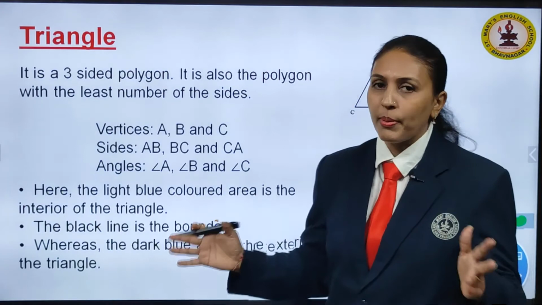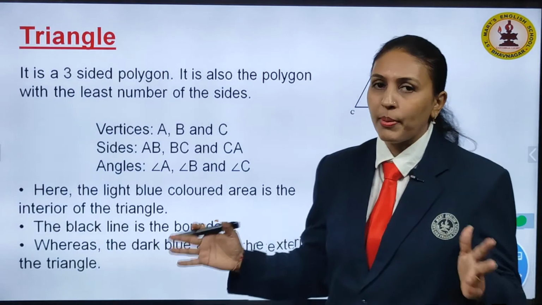Now, what is a segment? A segment is the region in the interior of the circle enclosed by an arc and a chord. You can see, children, one more I have done here, the green part, you have this as an arc joined by a chord. So, this particular interior region we call a segment. It is not compulsory, you can have it here also. It is not necessary that it is on only one side, but it's the interior region made up of one chord and an arc, we call it a segment.